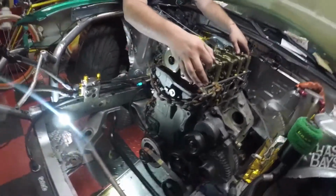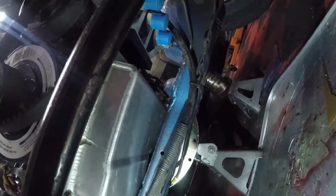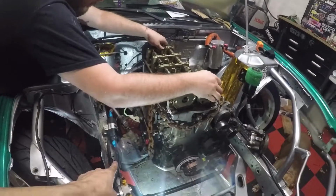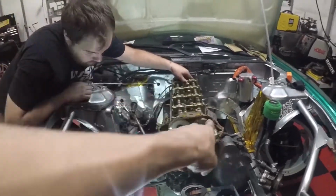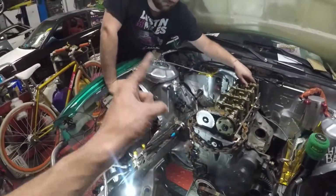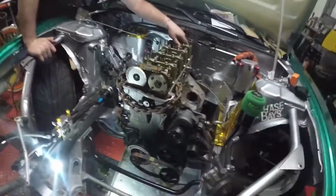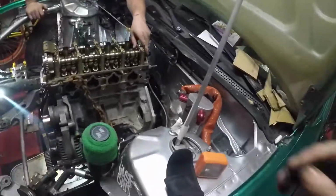So we got the pan in, or the engine with the pan. You can kind of see the little bit of room that we don't have, but it honestly sits pretty low. And if I can sit it this low without having to lower the subframe, that means my steering shaft doesn't have to change, which is really good. If I lower any, I'm afraid I'm gonna have to remake my steering shaft, and that's gonna be another project, and I don't want to do that. But the next thing I'm gonna do is